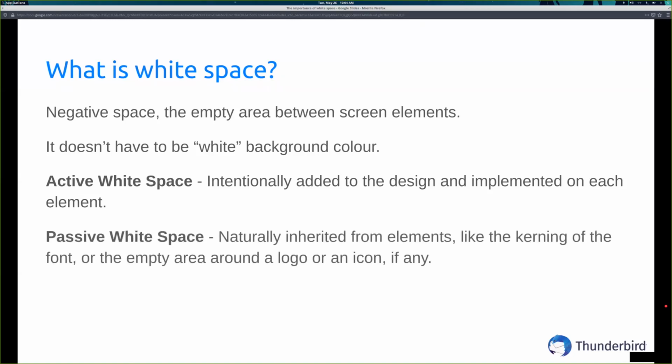Then we have to deal with some passive white space, which is what comes naturally from the elements that we use. Every font comes with its own default space between letters. That's a passive white space that of course we can control with kerning and other attributes, but also logos or icons. Most of the times they come with a resolution that has some white space around the actual content of the logo or icon. Most of the time, the passive white space is ignored. We kind of inherit what comes from the elements that we use, and most of the times it doesn't